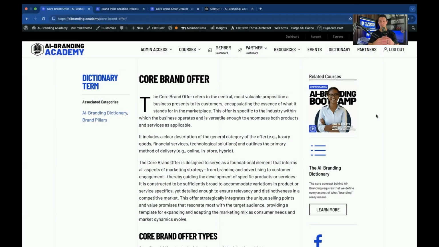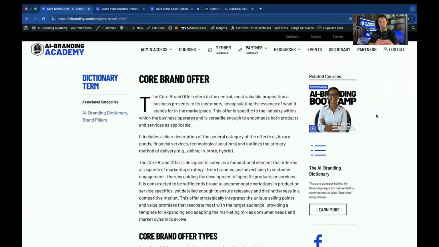So before we get into actually showing you how to create or use the Core Brand Offer Creator, let's just talk about the definition. The Core Brand Offer refers to the central, most valuable proposition a business presents to its customers, encapsulating the essence of what it stands for in the marketplace. This offer is specific to the industry within which the business operates and is versatile enough to encompass both products